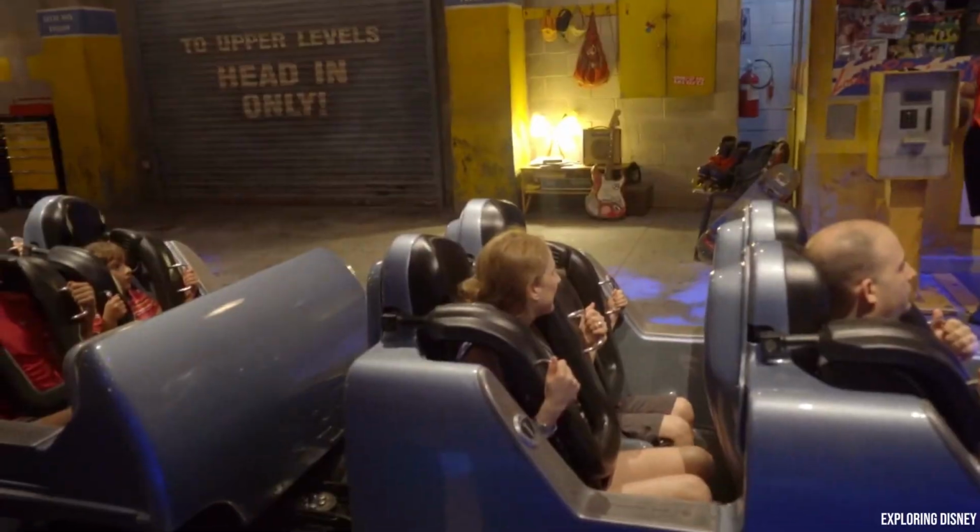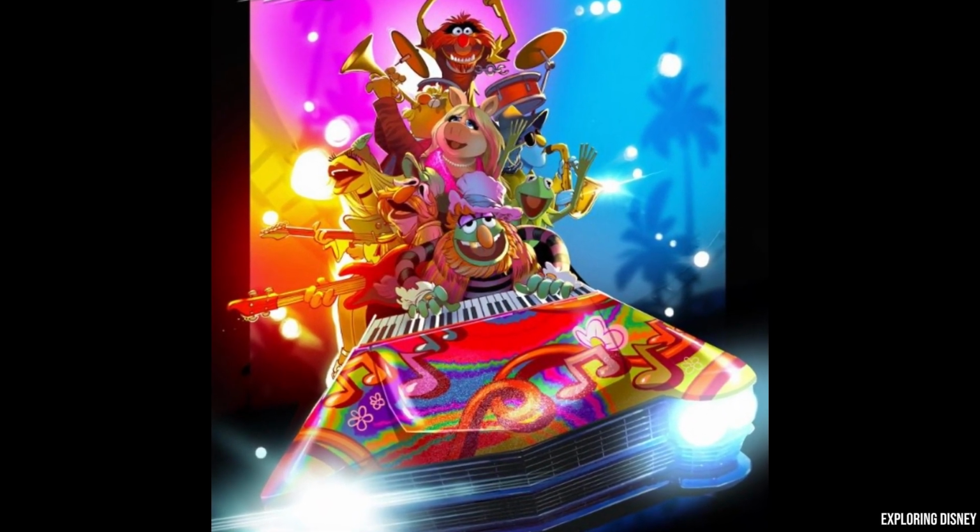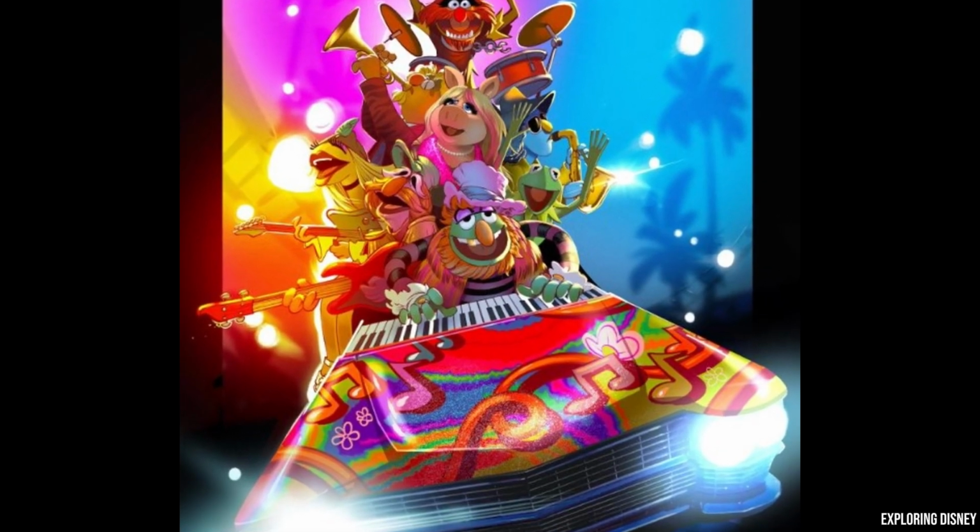and legendary rock music. Now, this ride is changing over to the Muppets sometime in the near future, and we will keep you posted, as that will mean, unfortunately, the ride will be closed, but we don't have a date